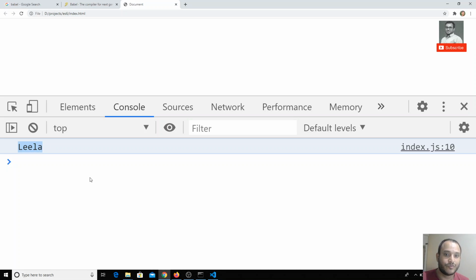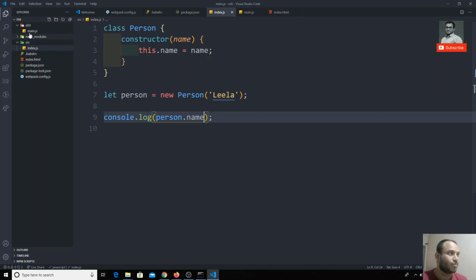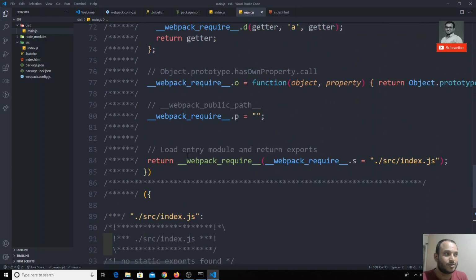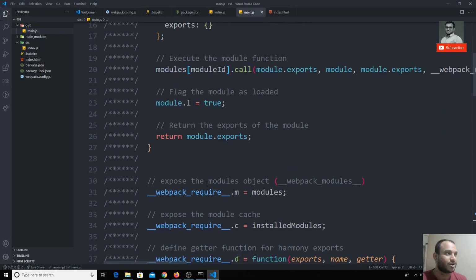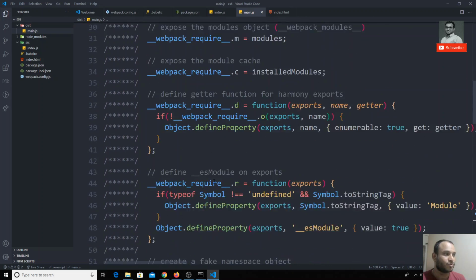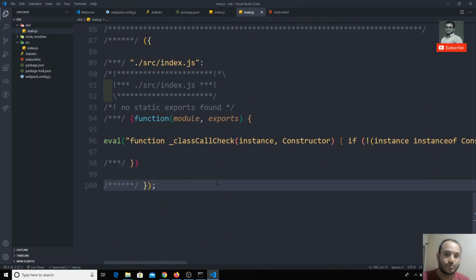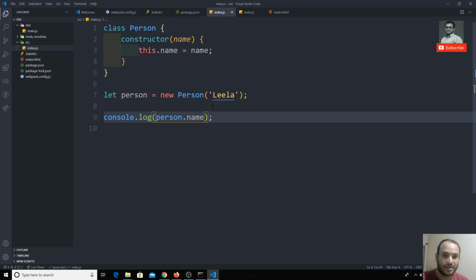So this is how we can use Webpack and the Babel compiler combined in order to execute an ES6 project. This code in main.js, forget all the Webpack configuration, no need to know about all that code. This code will be understood by all the browsers including IE10, so that you can write updated, advanced ES6 next generation JavaScript code, and Webpack will take care of compiling it into vanilla JavaScript, which could be understood by all the browsers.